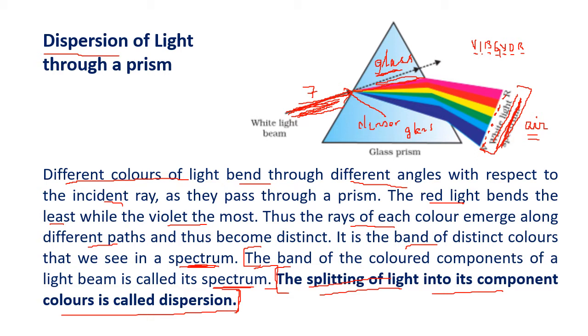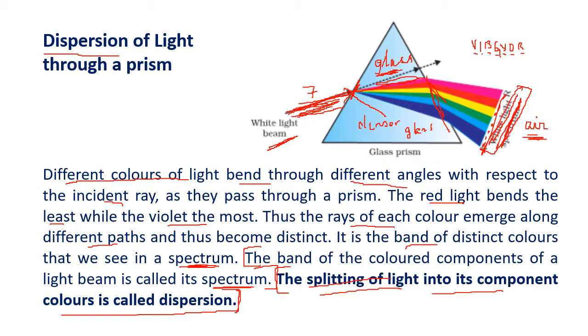So now what are the things you have to remember here? White light is made up of 7 different colors. Okay, there are many other colors, but we will look at the primary 7 colors. White light is made up of 7 colors. Now when all the colors reach your eye with the same speed, like when they travel in air, then we won't see the colors separately, we will see it as a white beam of light. But when light goes to a denser medium like glass, the velocity of all the lights is different in glass. So according to the velocity they bend. So here what happens, they first bend at the first surface, then they bend at the second surface, they split up, and this is called dispersion.